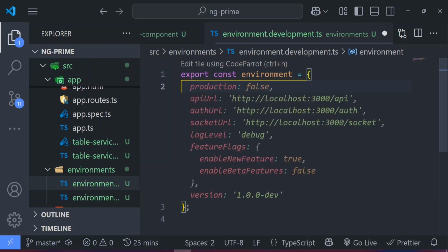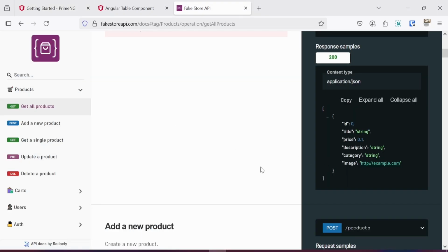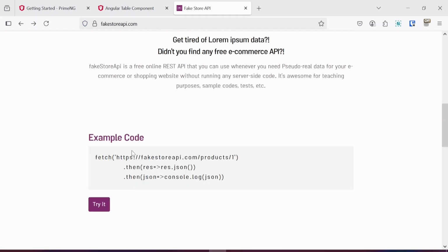So to do that, all I'm going to do is type in uppercase API_URL, then a colon, and then I'm going to type in the base URL of our API. Probably I should just grab it from the Fake Store API. So if I head over to the Fake Store API, let's head back to the landing page. So I can just grab this